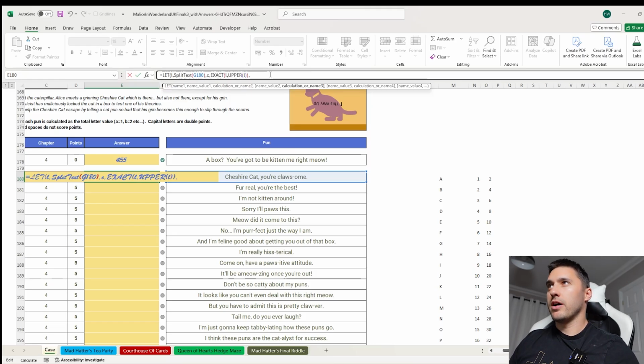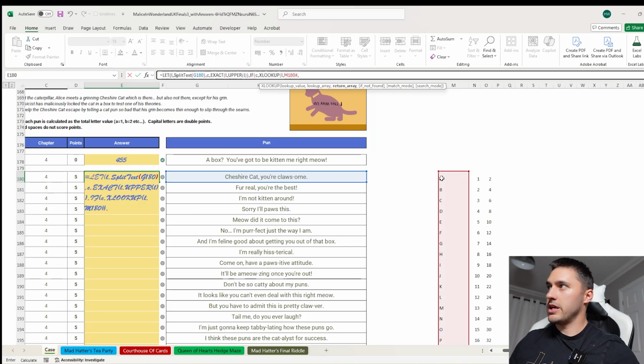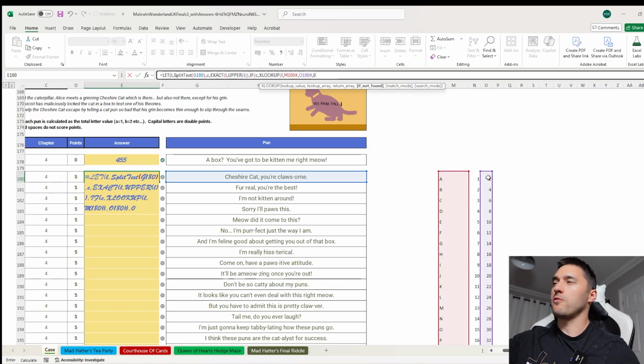And then I am now going to do an XLOOKUP depending whether it's capital or not. So I'm going to say if capital, then XLOOKUP the letter in here and give me the double the points value. If it's not there, give me 0, because symbols are the same as their upper version because there's only one version of them. So the symbols will come up here, I won't find them in my alphabet and I'll